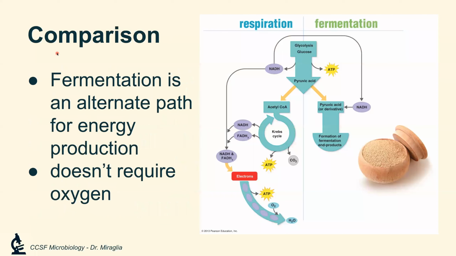All right, so here's a nice comparison between respiration and fermentation. Here's glycolysis, so glucose is going in and pyruvate is coming out, and that's the same whether you're undergoing aerobic respiration or fermentation. If there's no oxygen, though, this process is shut down. So you can't undergo the Krebs cycle and electron transport chain without oxygen because you need oxygen in the last step. And if you don't have it for the last step, everything else shuts down, all the way backs up the process. However, many cells can take pyruvic acid and use it or a derivative as the electron acceptor, the ultimate electron acceptor. So that's what we're going to be talking about today.